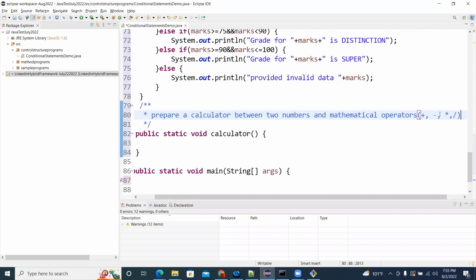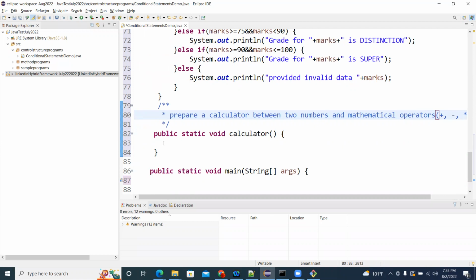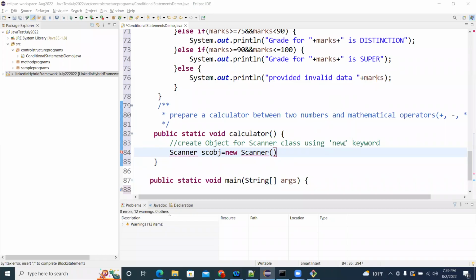Anyhow, you have to revise all the basics, and the basics are crucial. I'm telling you, you're not concentrating on the basics. That's a bigger drawback. I'm telling you again and again to record. So